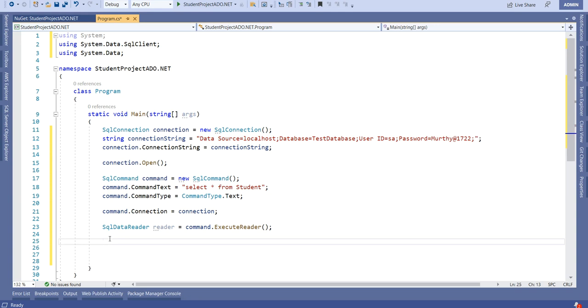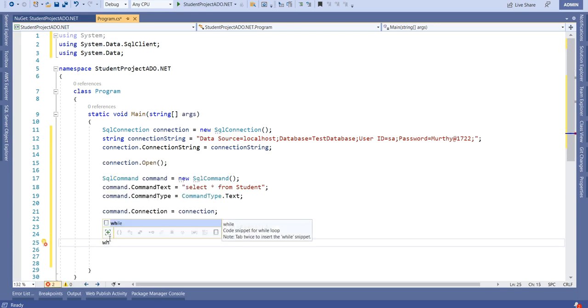True means there exists a record at the current pointer. False means it has looped all the records and there is no record after that. So let us use the while loop. While reader dot read,